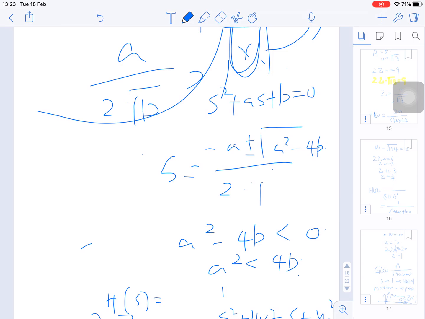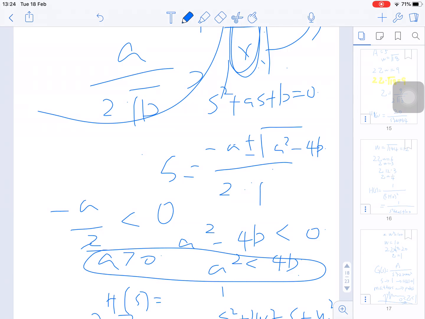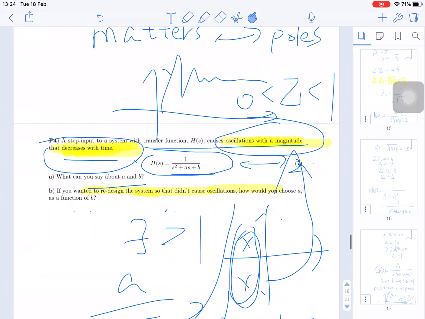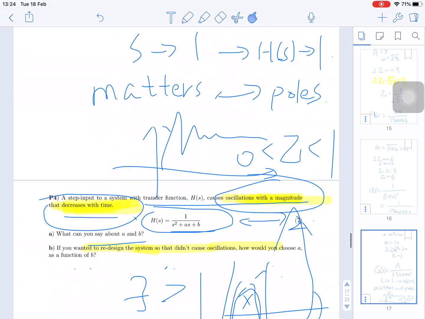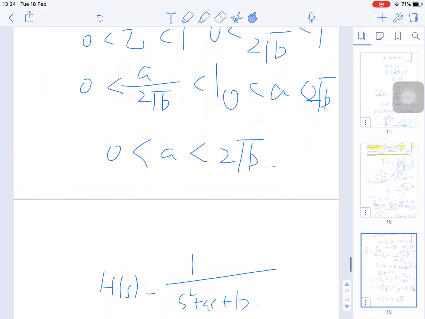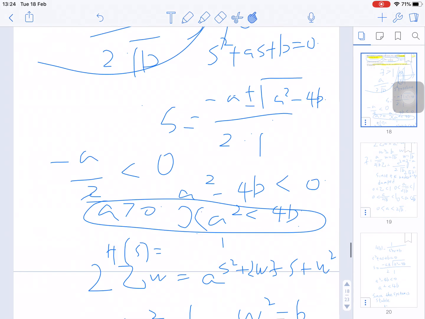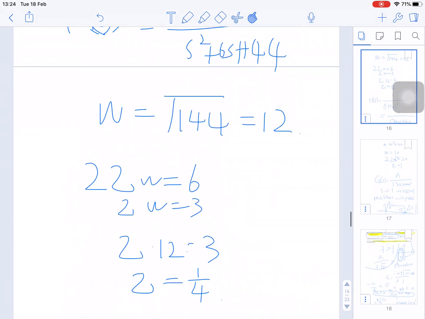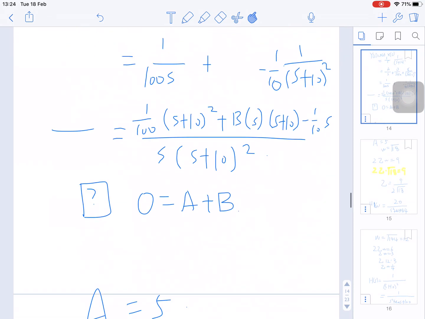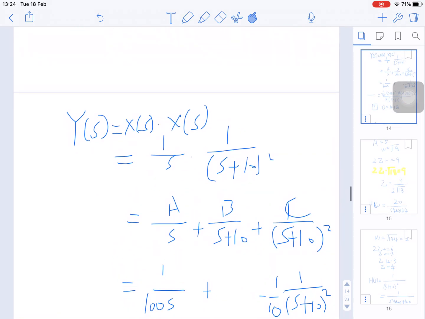That's understandable. However, we must have minus a plus 2 is less than 0. A is less than 0. So what if there's another way to show the first half of the problem, which is a squared greater than 0 less than 4b. So after that, we are going to look at the problem